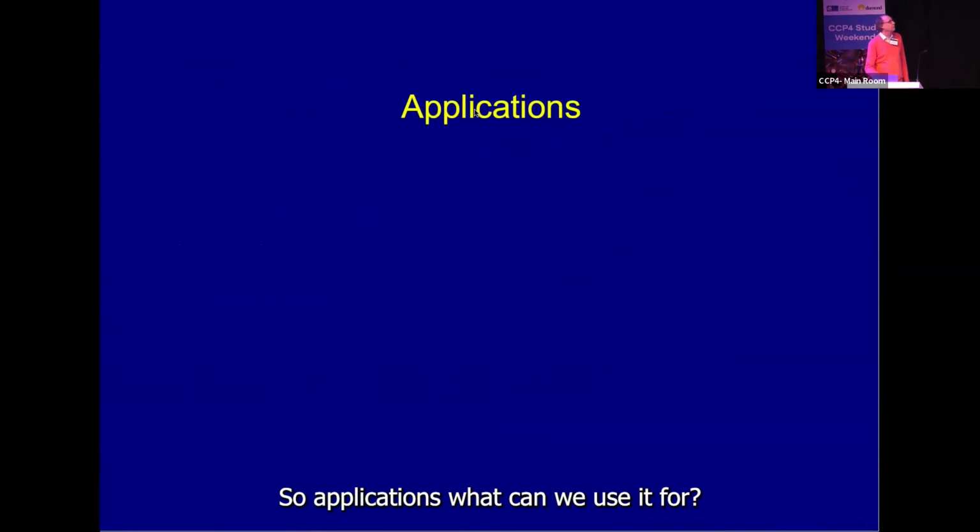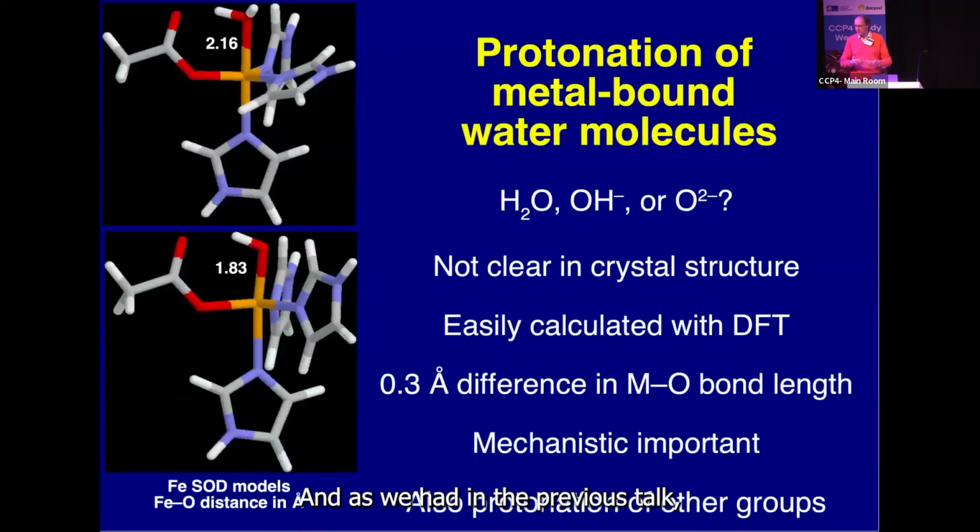So applications, what can we use it for? As we heard in the previous talk, the important thing is often what you don't see in the crystal structures. For example, the protons we don't see. So could we not see the protons, but deduce where the protons are? That's rather easy for metal-bound water or solvent molecules, because if we have a water, OH or O2-, they make quite a big difference in the distances to the metal